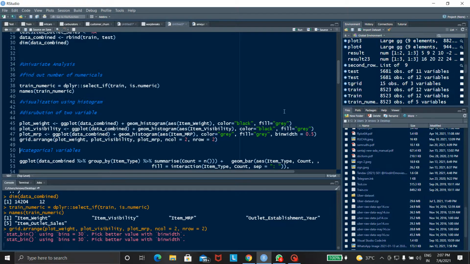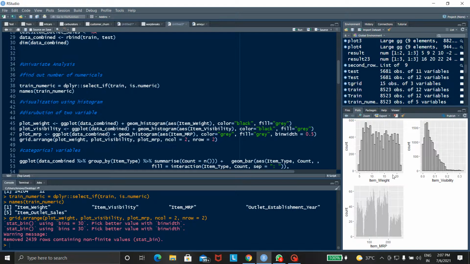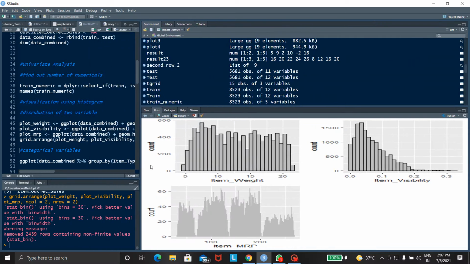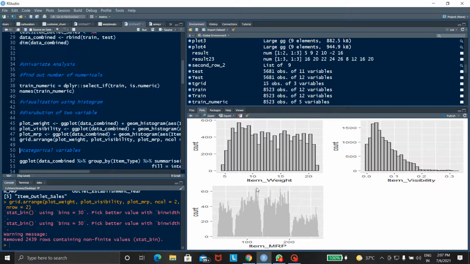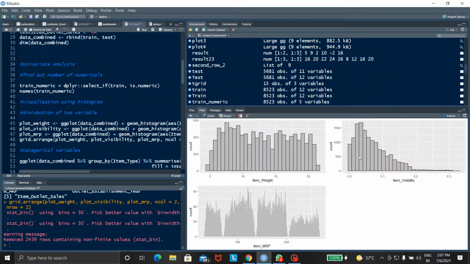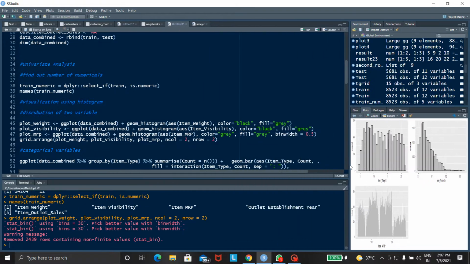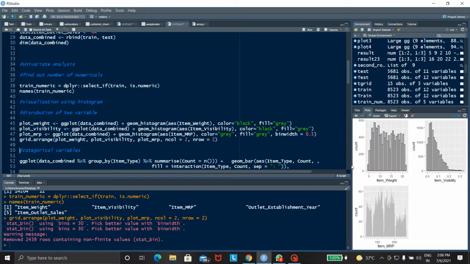Here is the output of these three programs. Let's see the output. Yes, we can see this output: item weight, item visibility, and item MRP with the count. This is the output of this program. It's also known as visualization using histogram. It is very easy to visualize with a histogram.